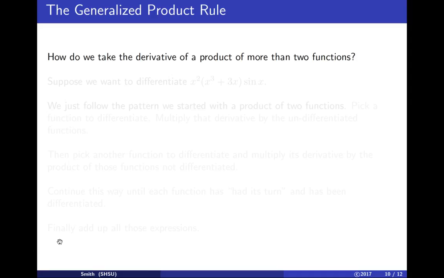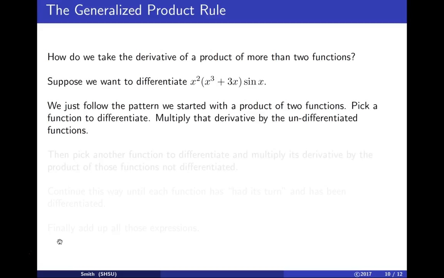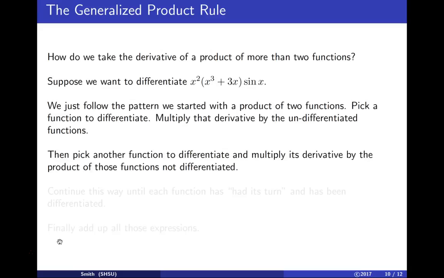How do we take the derivative of a product of more than two functions? Suppose I have a product of three functions. I'm multiplying x squared times x cubed plus 3x times sine x. We just follow the pattern that's been set before. You pick a function and differentiate it. Multiply that derivative by the undifferentiated pieces. Then pick another function to differentiate and multiply that derivative by the undifferentiated pieces. And continue this way until each function has had its turn being differentiated and multiplied by the others,